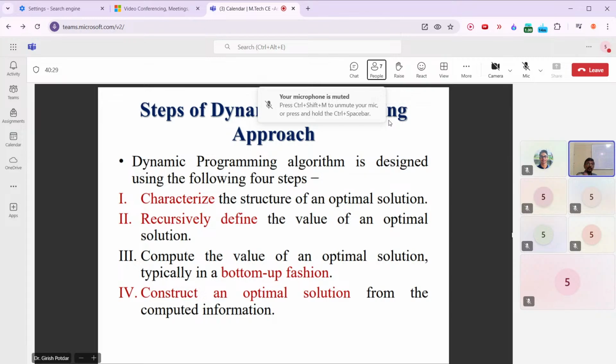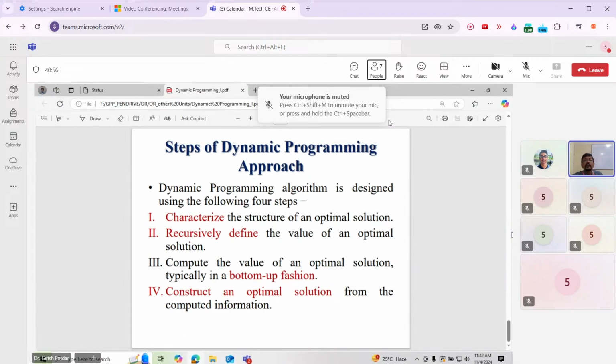So I have written that in a different color, characterize. So these are basic things which we need to identify. See, actually, when you are going to design a new algorithm itself, these things I should be in a position to define myself. And then I will be able to write a good algorithm using dynamic programming. So with this basic,